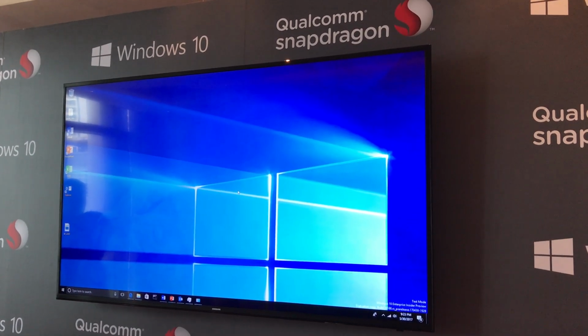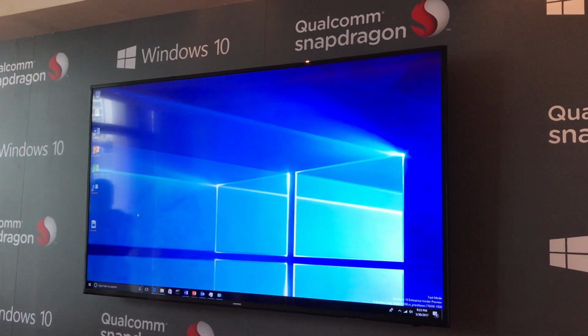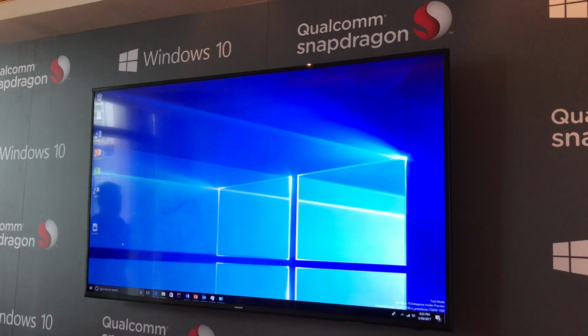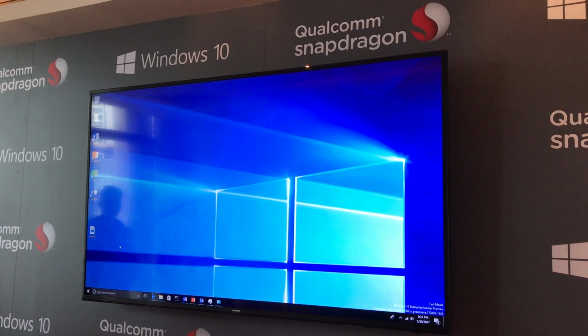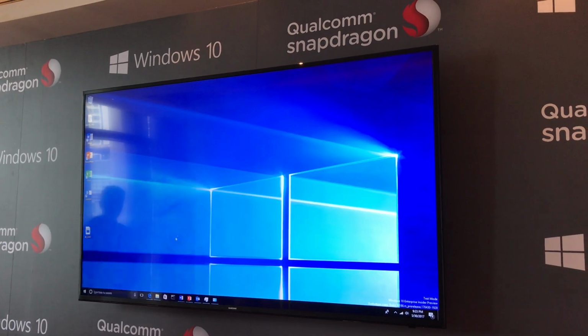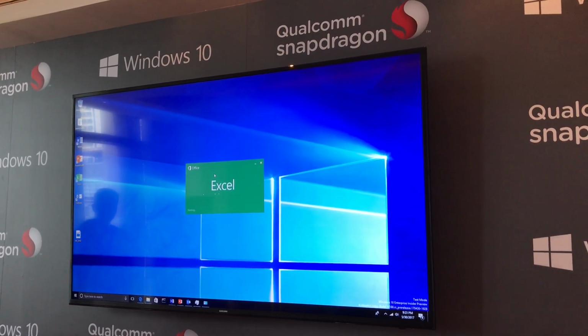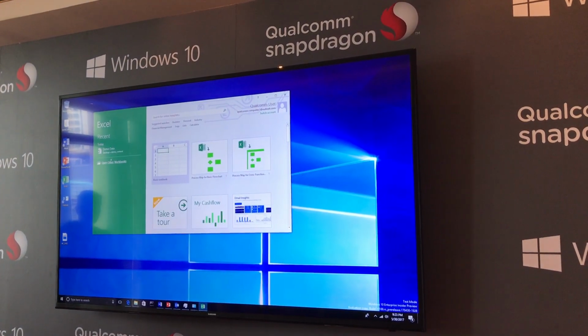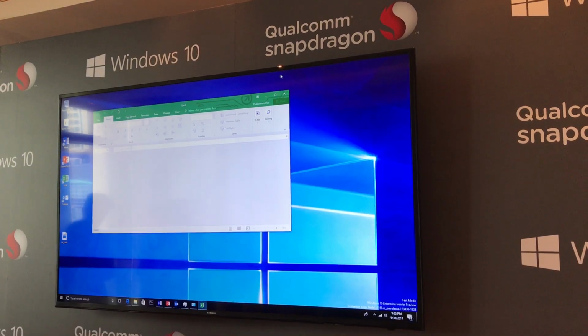pared down or defeatured Windows. 这是完整的 Windows 10，所以是非常完整的 Windows 体验，它里面没有任何东西被消解。 So I'm going to start in the Start menu and open Excel. 我们从开始，然后打开 Excel 工作表。